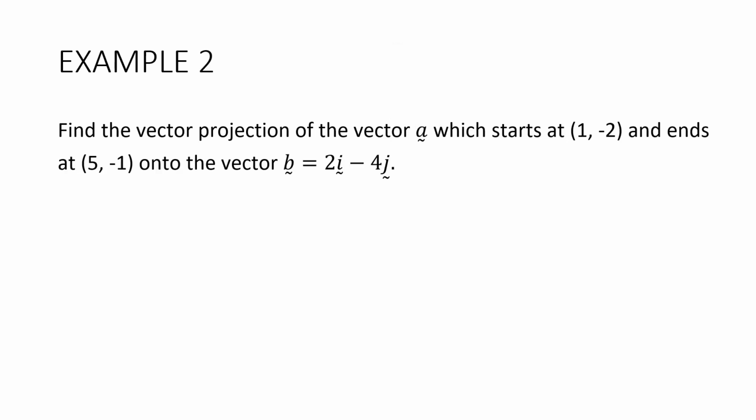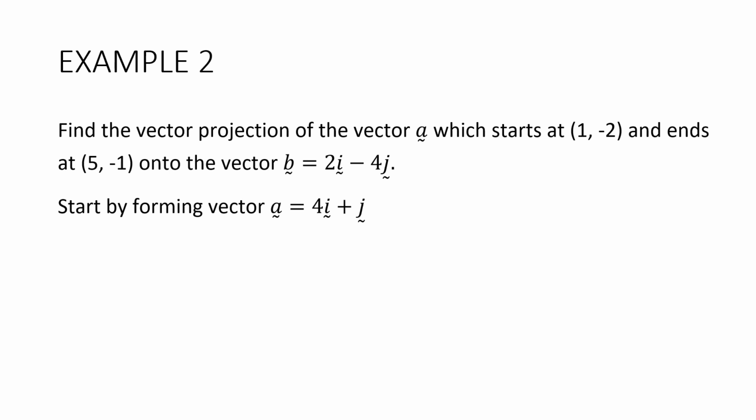Example 2. Find the vector projection of the vector A, which starts at (1, -2) and ends at (5, -1), onto the vector B, which is 2i minus 4j. All right, just slightly more complicated. We need to start by forming vector A. But that's easy. It's just going to be (5 take away 1)i plus (-1 take away -2)j, or 4i plus